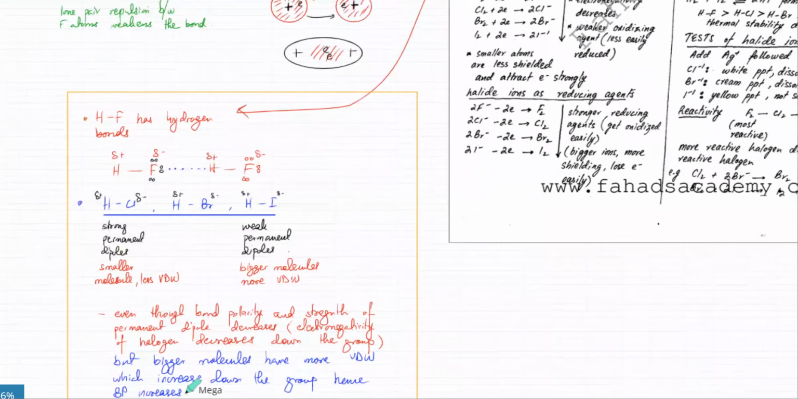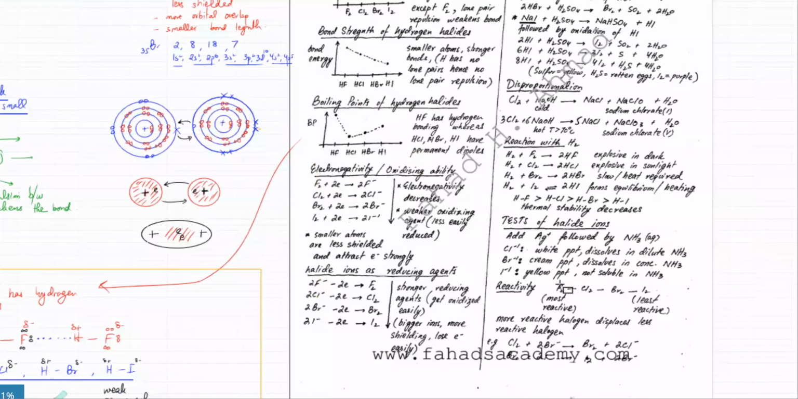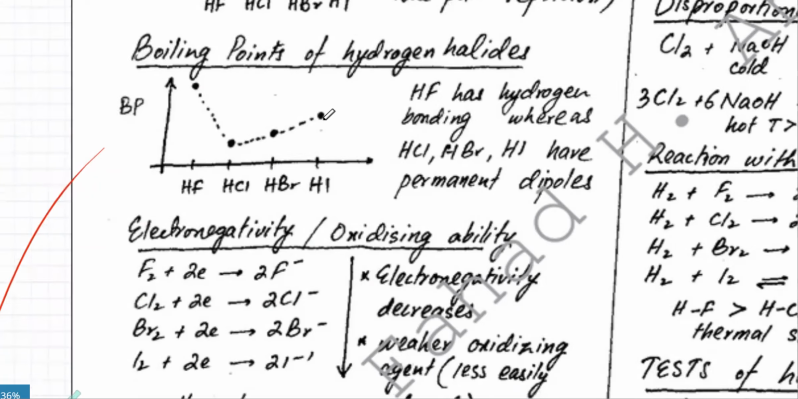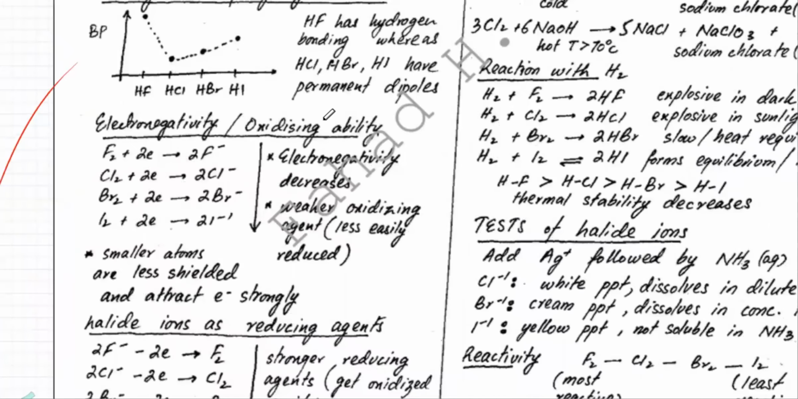So remember this, you'll always get a comment on this to explain this graph. That's a very frequently asked question. So first one, hydrogen bonds, they're always stronger compared to any other type of intermolecular force. For the rest, the permanent dipoles become weaker, but with bigger molecules, you have more van der Waals forces. So moving to the next part, and that is the